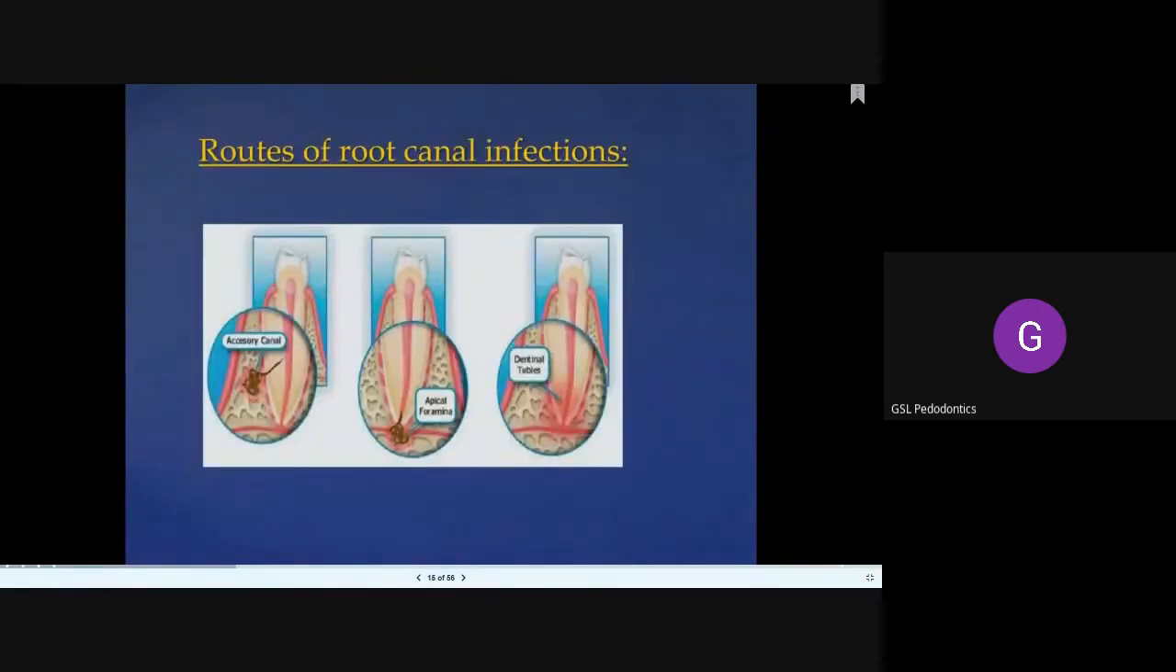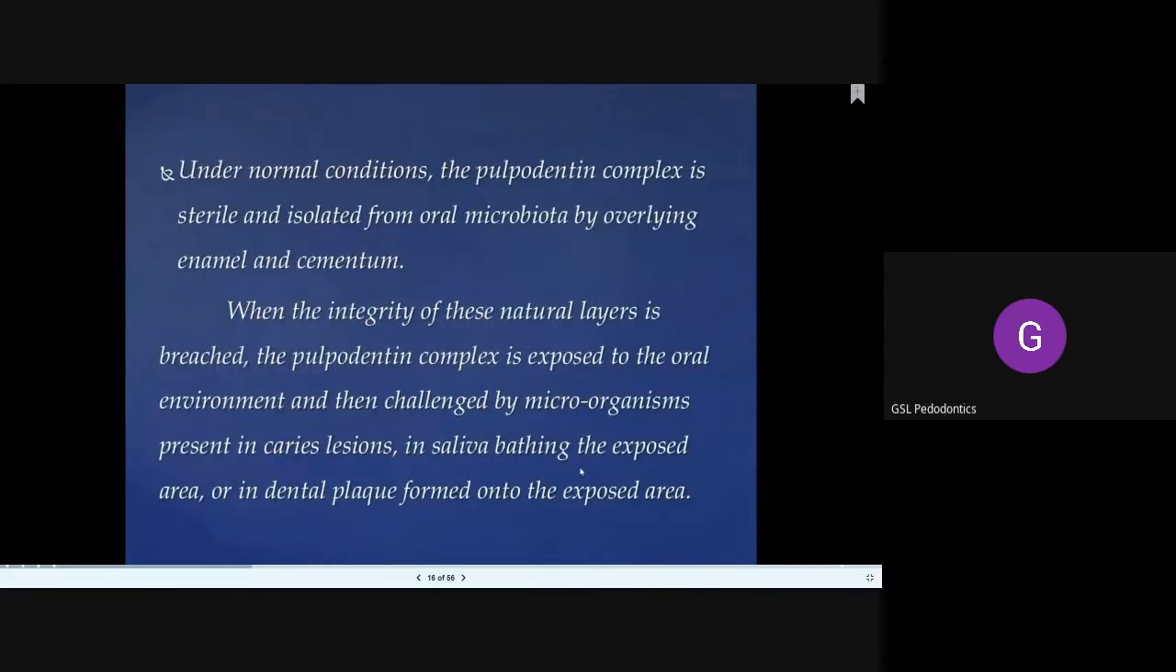So the roots of root canal infections may be from the accessory canals that are present, from the apical foramina, or from the dentinal tubules. Under normal conditions, the pulp and dentin complex is very sterile and isolated from all the oral microorganisms by the enamel in the crown part and the cementum in the root part. But when the integrity of these natural layers, enamel and cementum, is breached, like any damage or break in the enamel and cementum, then the pulp dentin complex will be exposed to the